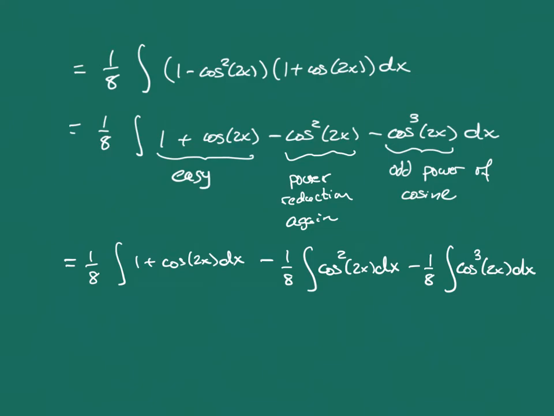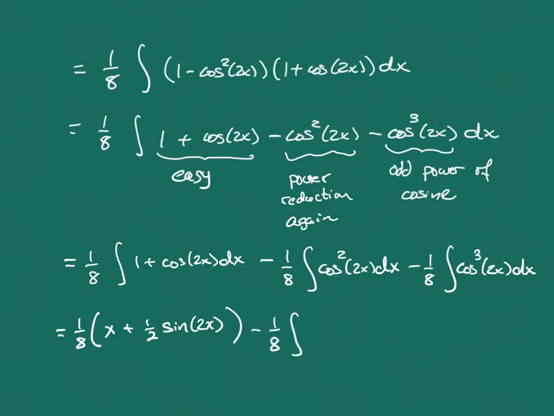So what happens with this first one? Well, the first one is easy. That's just going to give us an x and then plus a 1/2 sine of 2x for that integral. So again, thinking about it, the derivative of sine gives us cosine. With the chain rule, we bring out the factor of 2 to cancel out that 1/2. And so the first integral, that one's easy to do. For the second one,